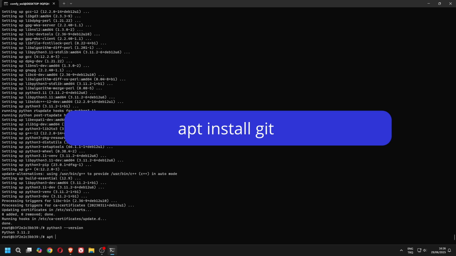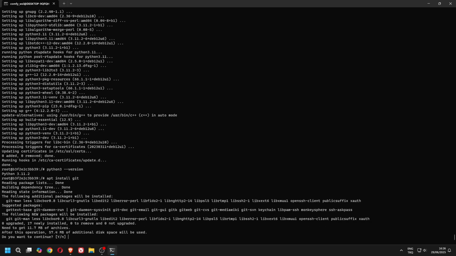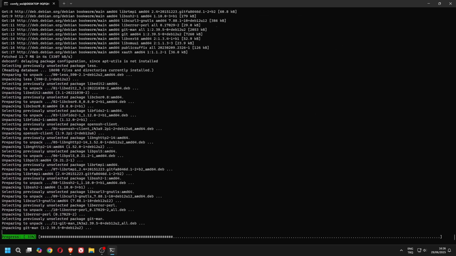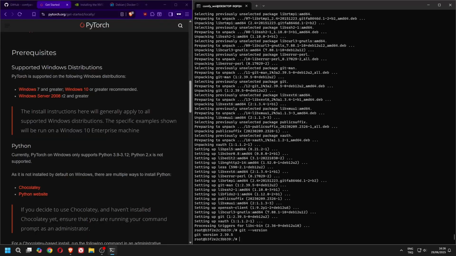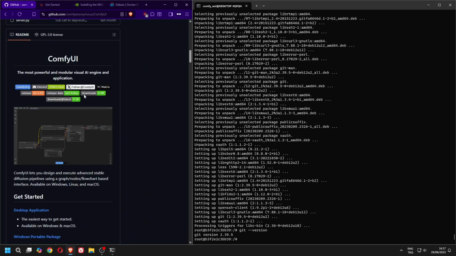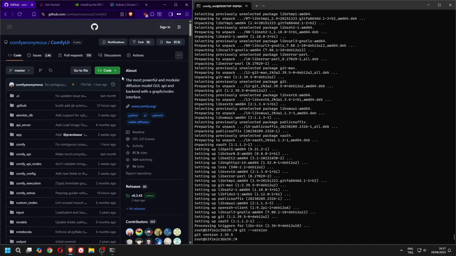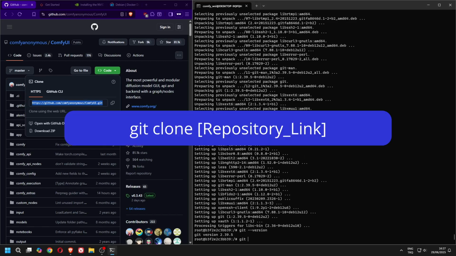Now let's install Git, which we will use to download ComfyUI. Use this command. Next, head over to the ComfyUI GitHub page, copy the repository link, and download it with this command.